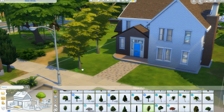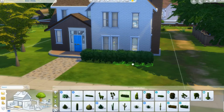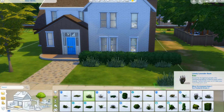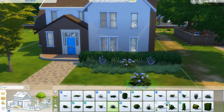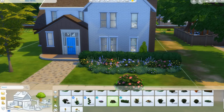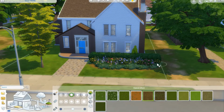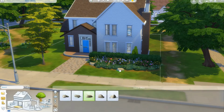You could also move the lot forward a bit if you wanted a little bit more space because it's got a bigger front garden than the back garden, which I think adds to it. It's a little bit more set back from the road, and we've got a nice overgrown garden area out the front. And we're obviously going to put in some drain pipes and some plants on the windows as well